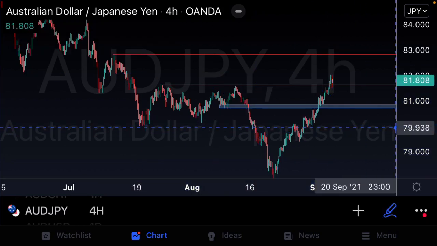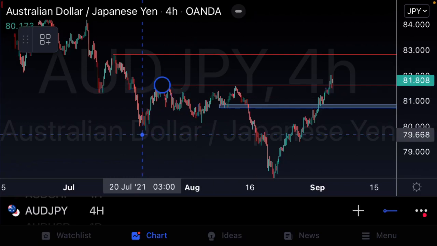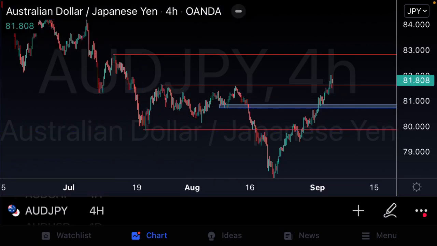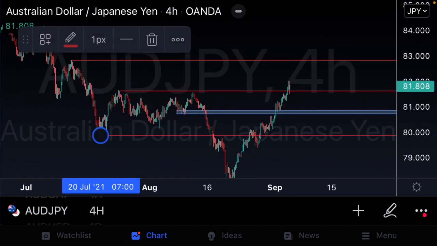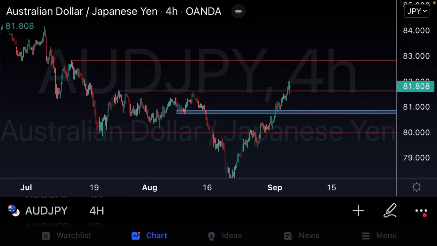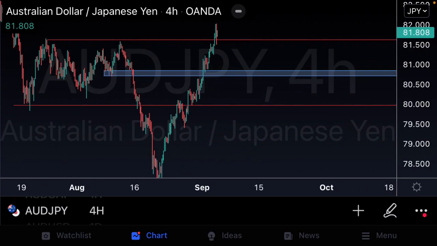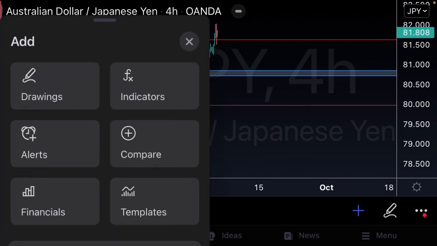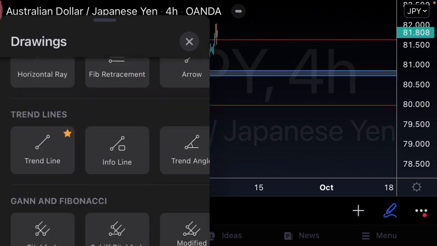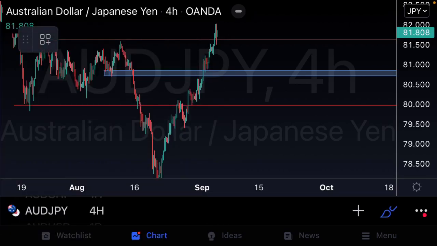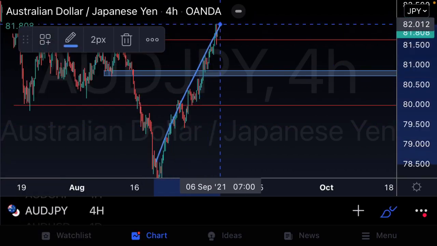So let's also just mark out this important key level of structure over here, our extreme lows. And what we can conclude based off this price action is that yes, momentum has come in on the bullish side of things. We've given ourselves that nice beautiful sign of strength, guys. So all we should be waiting for at this point in time to trade in the direction of this momentum